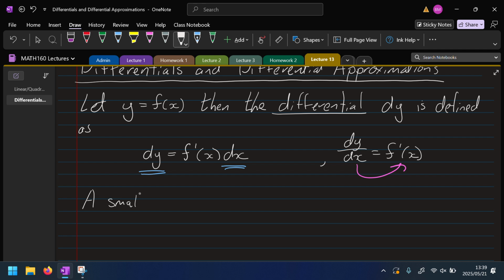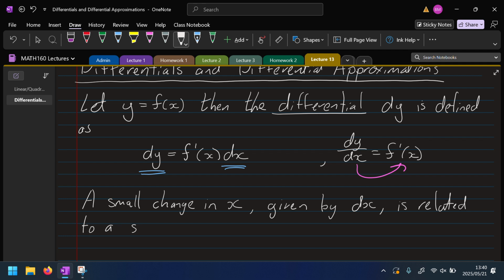A small change in x, given by dx, which is very similar to delta x, is related to a small change in y, given by dy, which is very similar to delta y,